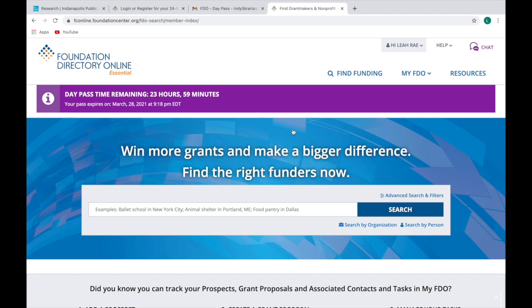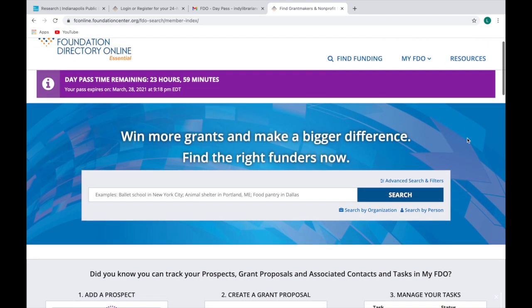Let's explore the FDO homepage. You will notice at the top right-hand side of the page, it recognizes you as a user. Your name displays there. There's also a Help drop-down where you can access the FDO guide and FAQs. Let's scroll down